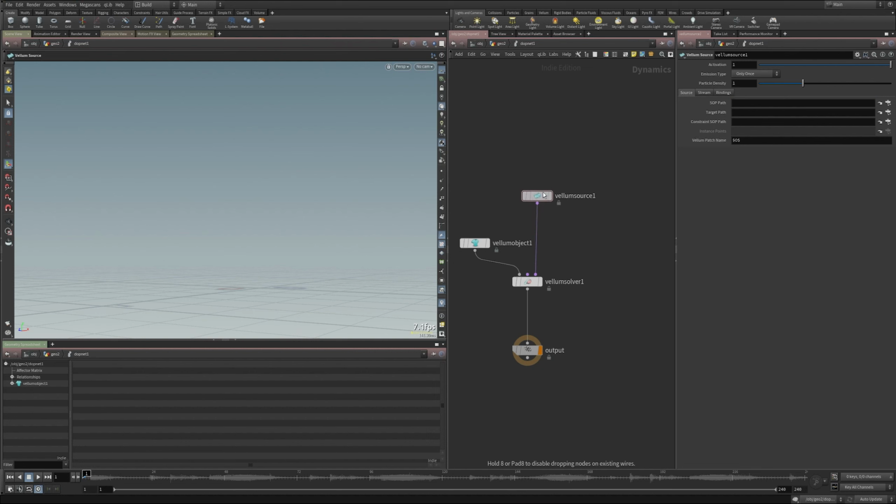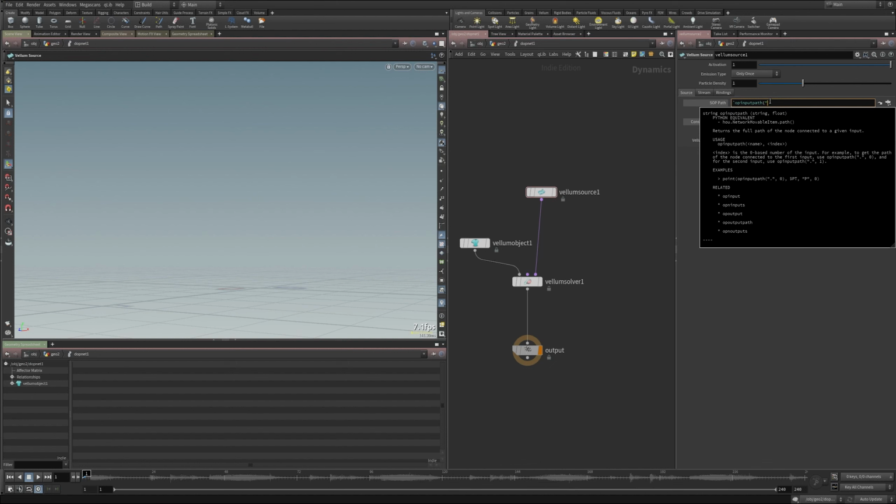What this needs is the path to our geometry and the path to our constraints. In our case, we actually don't have any constraints coming in. We're going to see if it gets mad at us for leaving it blank. We'll use op input path, so you put one of those little backticks, the same key as your tilde key, because that references the incoming, what's up one level.